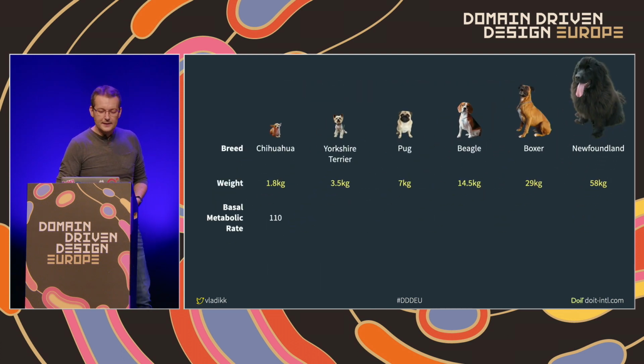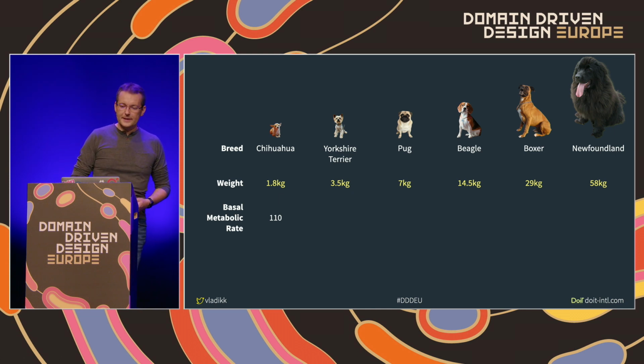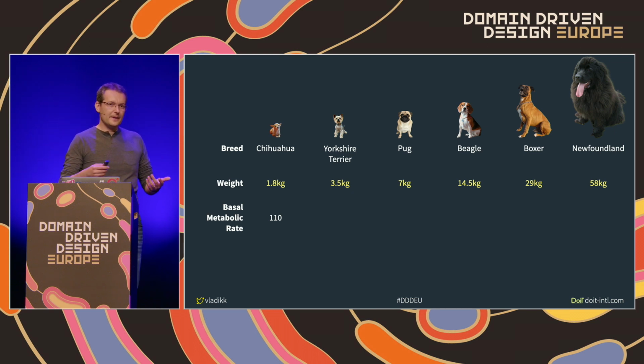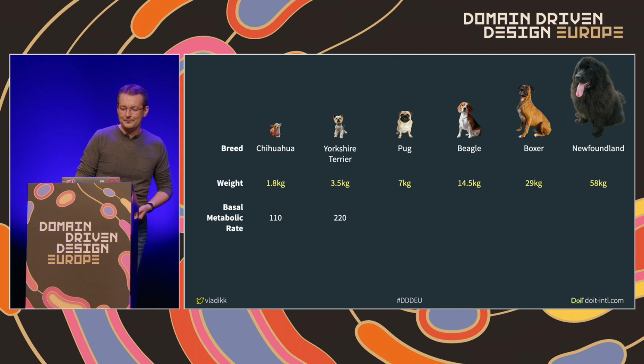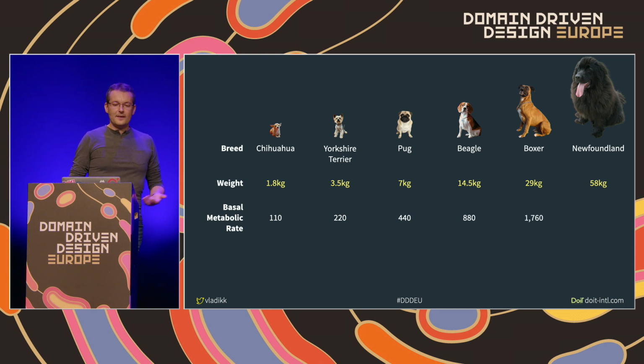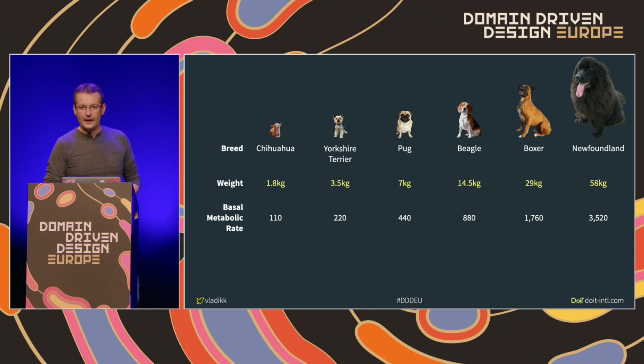And for Chihuahua, it's 110 calories a day. Yorkshire Terrier is twice as big, so it probably needs twice as many calories to feed its twice as many cells. So it will be 220. Again, twice as much for a pug, beagle, boxer, until we get to the biggest one that needs a whopping 3,500 calories a day. This linear thinking sounds logical, it sounds reasonable, it sounds rational, it's easy to understand, but it's